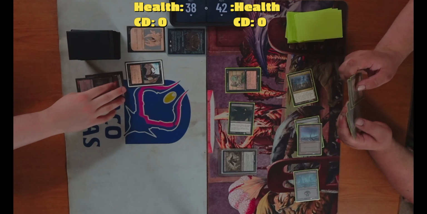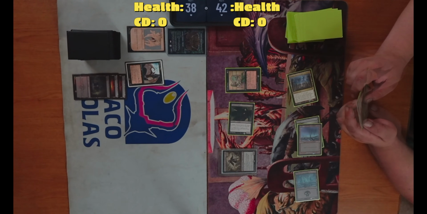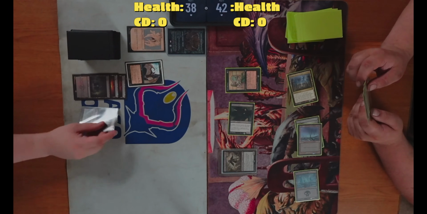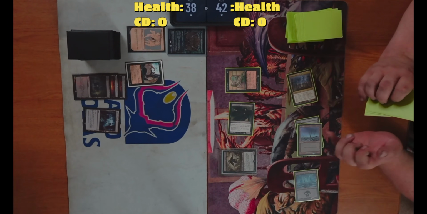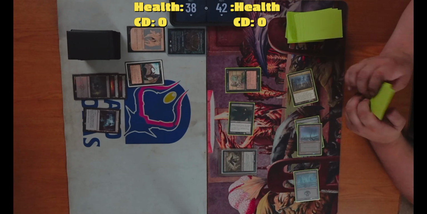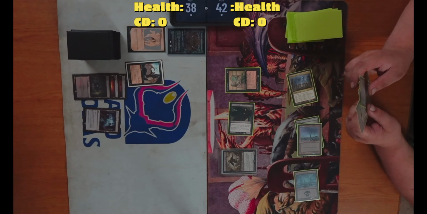Untap. Draw. I'll play a Haunted Fengraf. I can pay 3 and sacrifice it to return a creature card from my graveyard to my hand, at random. Then I'm going to